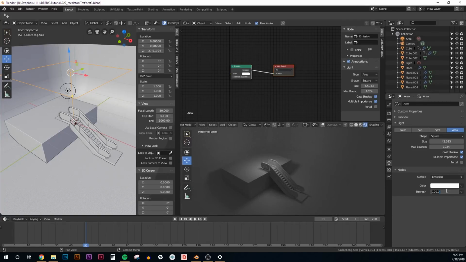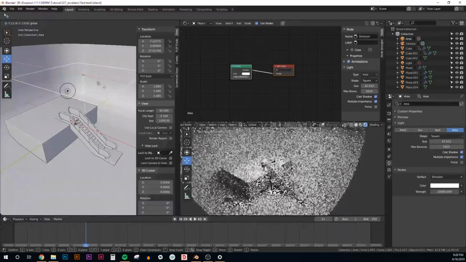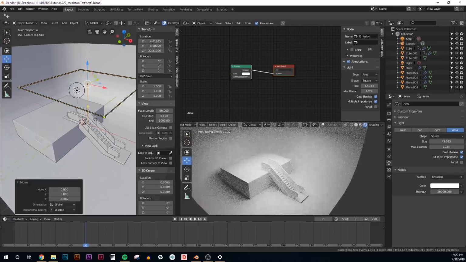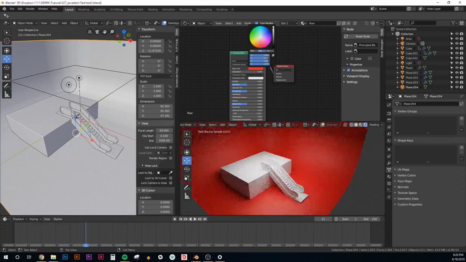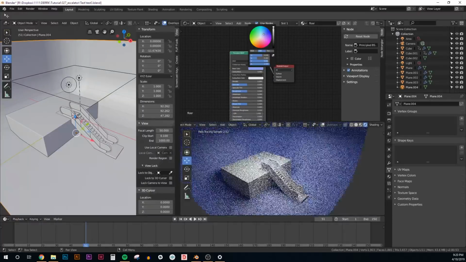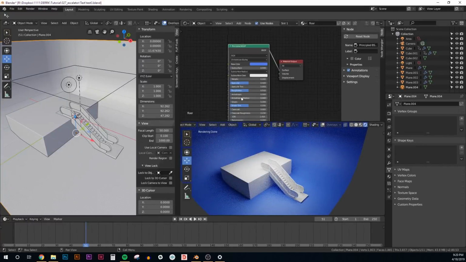And then maybe make this like 6,000. Pretty bright. Maybe even more than that. Let's do like 20,000. Nice. Obviously, this is all personal taste, but let's select the background color. Maybe we make the background a kind of blue. Something like that would be cool. Make it kind of rough.